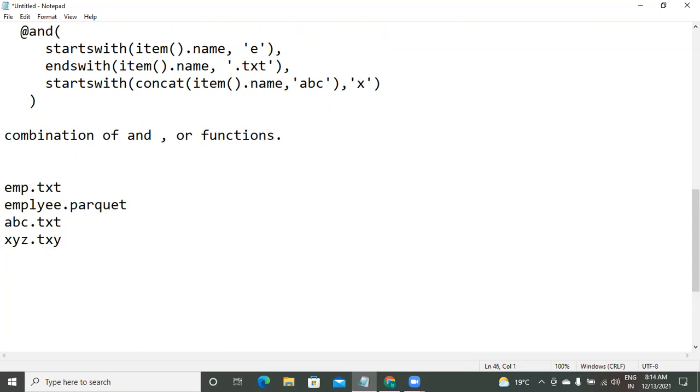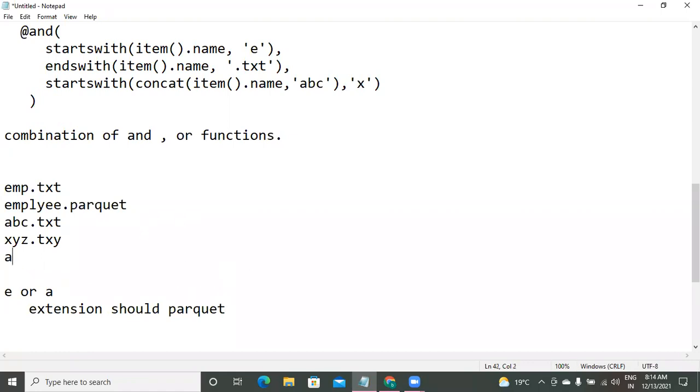What I want is all the files which are starting with letter E or letter A. At the same time, the extension should be Parquet. So that kind of condition I want to apply.